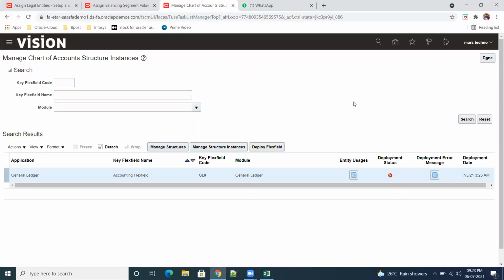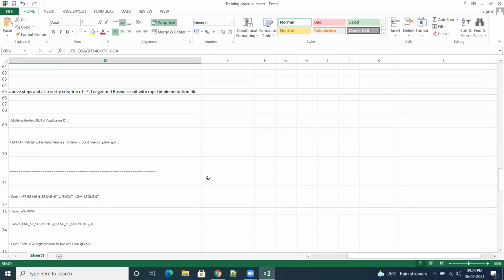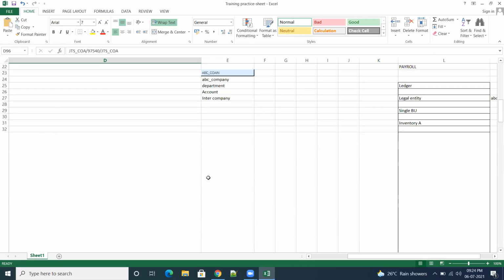For the time being, what I will do is, because you people will take care of this one, I'll execute the steps. What are the steps which you have? Assigning legal entities to the ledger, and then balancing segments creation. That is the last step. After that, we need to verify our ledger is working or not, meaning we set up the things.